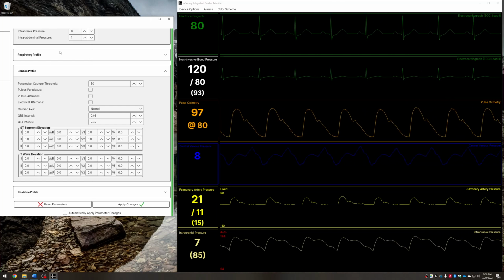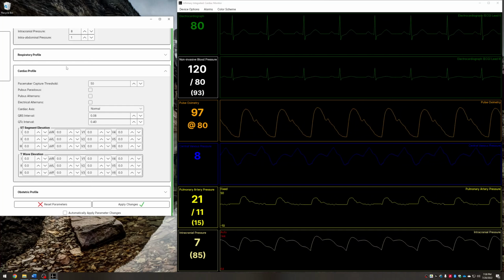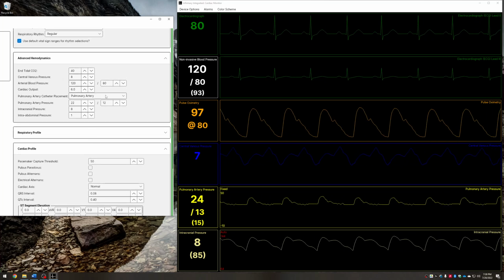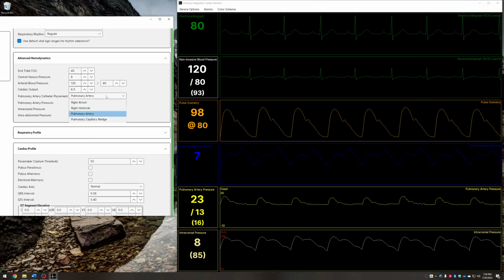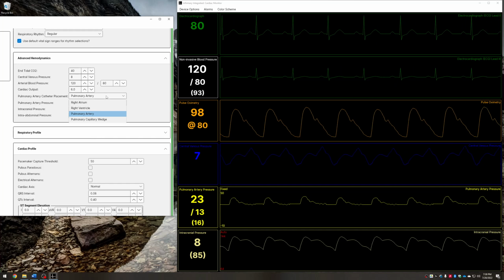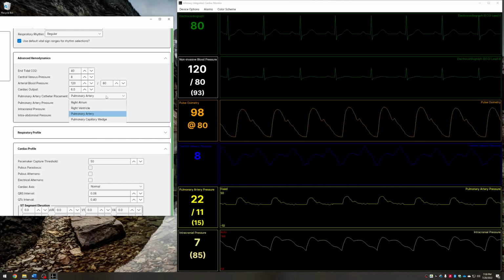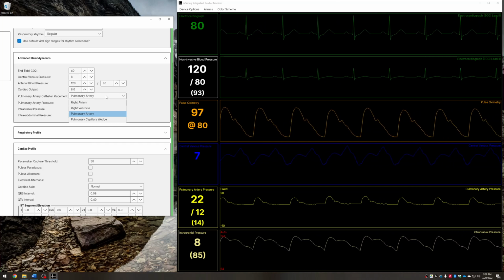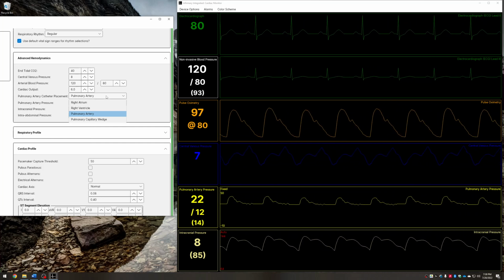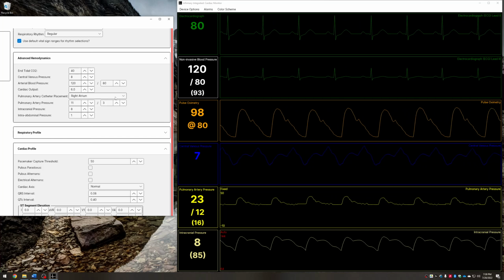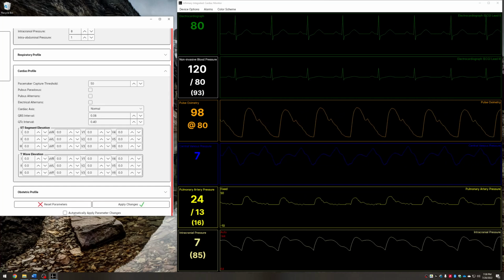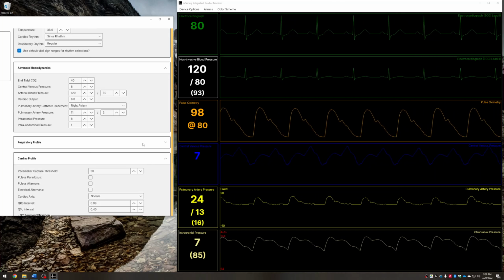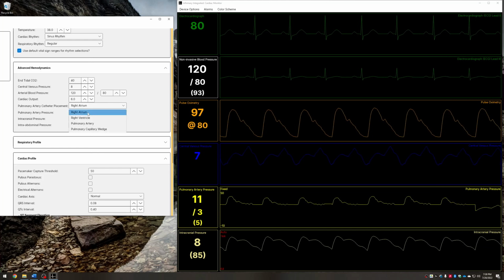The pulmonary arterial profile. So under advanced hemodynamics, we can actually simulate, for example, you could run a simulation teaching students how to recognize changes on the cardiac monitor while a Swan-Ganz line is being advanced. So if I actually, this would be better to hit auto apply parameters, and then